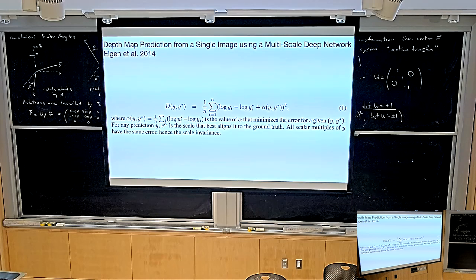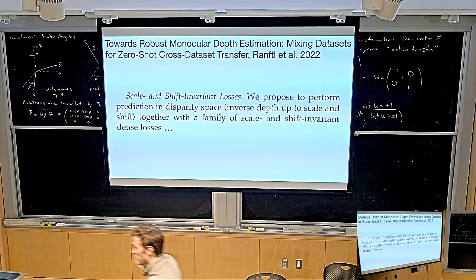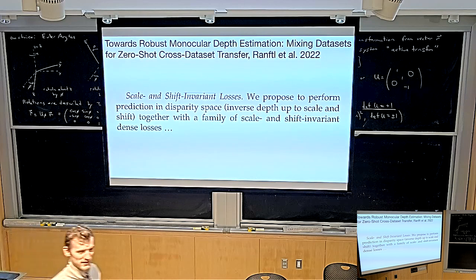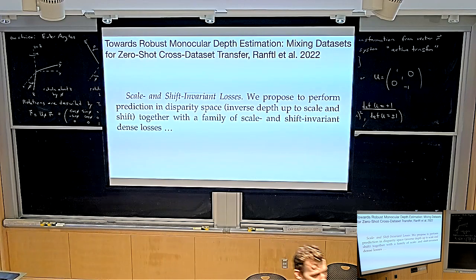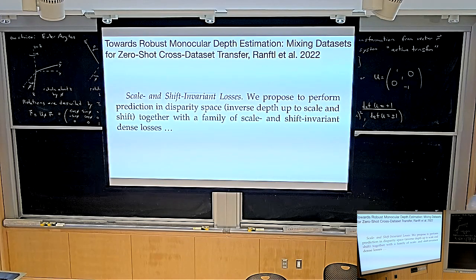Cool. So scale invariant loss, that was the first thing that helped. Then there is another problem, and we're really just going through all of the things we learned so far. I told you this is kind of important stuff if you want to do a good job at 3D computer vision. When we talked about the first two lectures, we talked about the intrinsic camera parameters. The intrinsic camera parameters play another important role, which is that scale invariance is actually not enough.